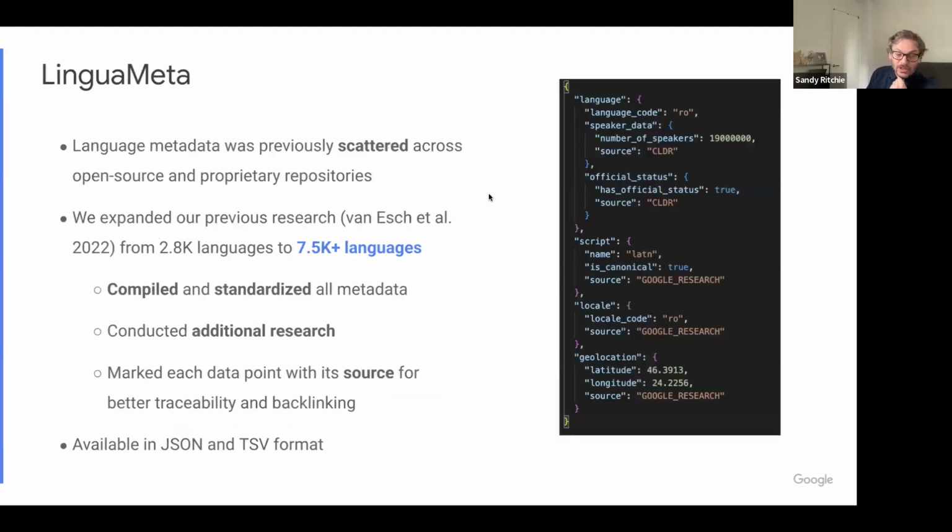So yeah, we have developed LinguaMeta, which is on GitHub now, and you can go and access it and play around with it. It's basically a repository of a mixture of open source and some proprietary Google metadata for basically all spoken living languages. That's a kind of constraint that we put in it. So we don't include, for example, historical languages or constructed languages.